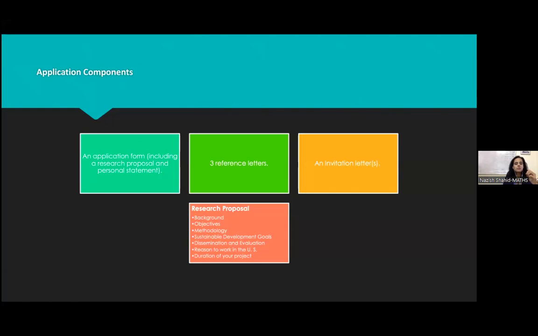In addition to the application form that you will be filling in on the internet, you are required to submit 3 reference letters. But these letters are not something that you would be uploading as a part of the application at submission time. You will have given them the names and the email IDs, so when you submit your application, your referees will receive those emails